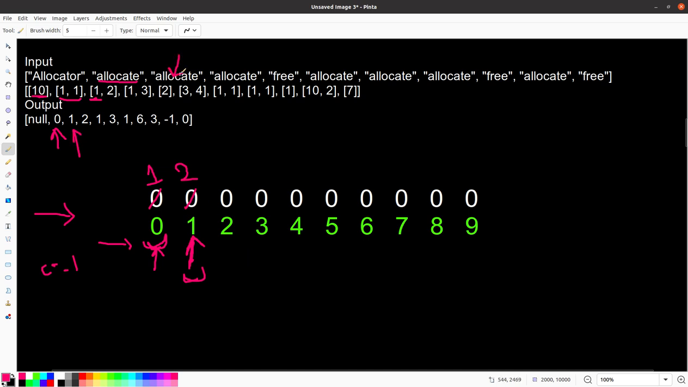Then we have allocate 1 3, the same, this 3, and we return 2. Then we have allocate, so this is allocate for this one, this allocate for this one, and this allocate for this one. Then we have free 2,